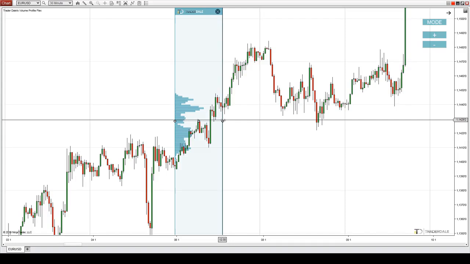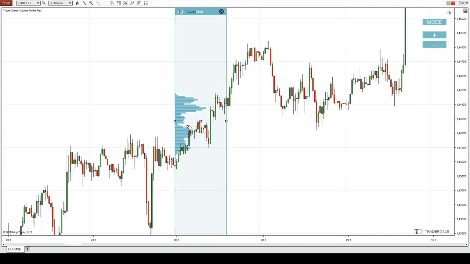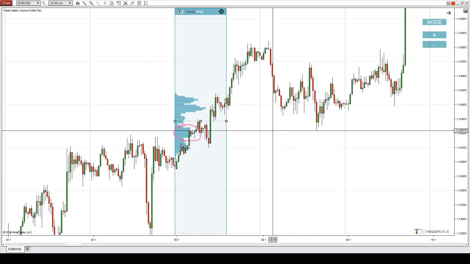Then, as the day was progressing, there was this volume cluster, and the heaviest volumes were in here. If you look carefully, then the price turned a little bit before the level, maybe 1 or 2/10 of a pip, which is a shame, but this would have been a missed trade. Then